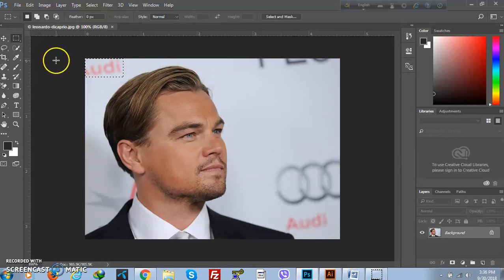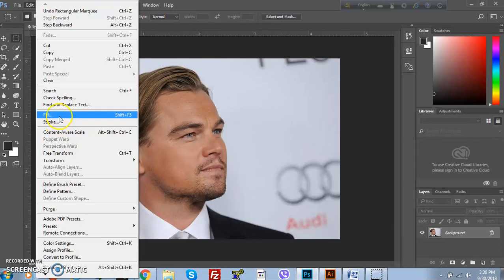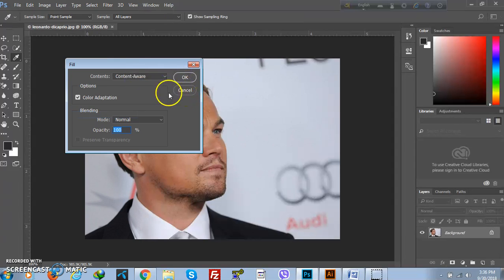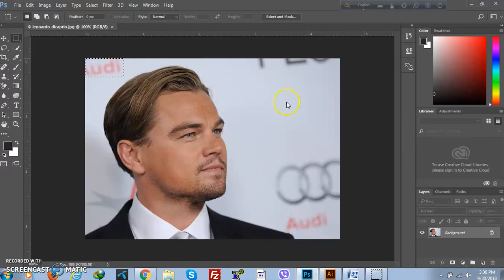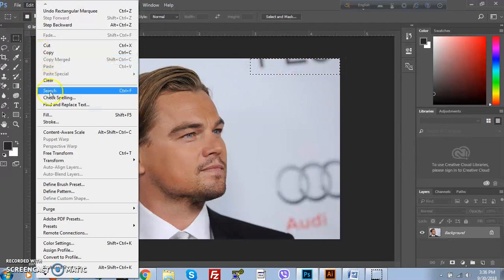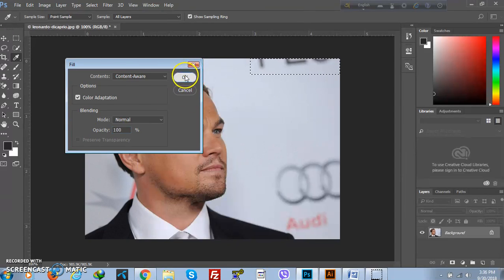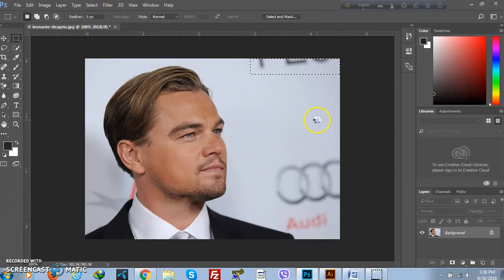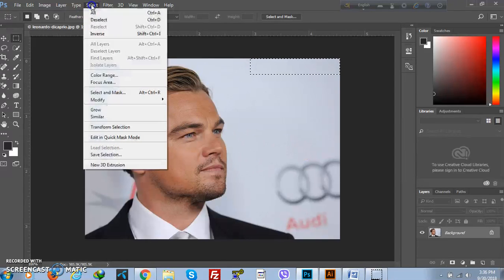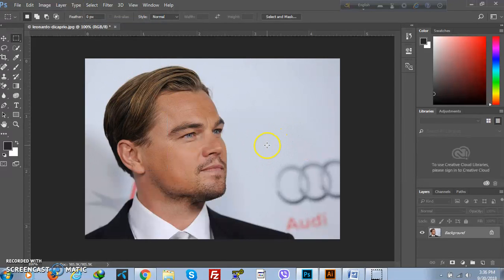Select the spot, then go to edit, fill, content aware, check the color adaptation, then click OK. Then deselect, again select, fill, OK, then deselect again. Now select this part,